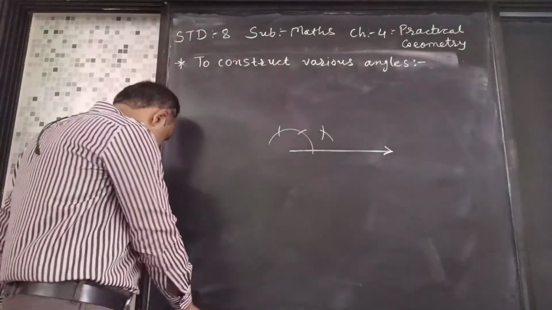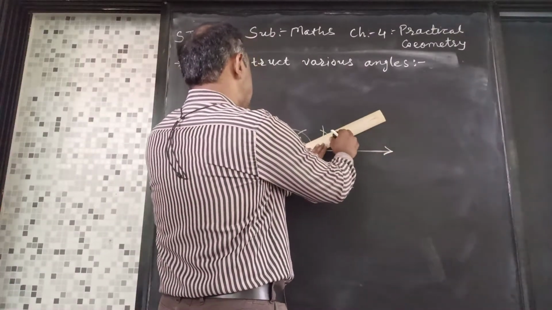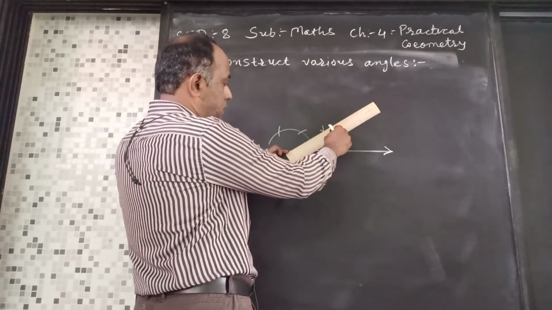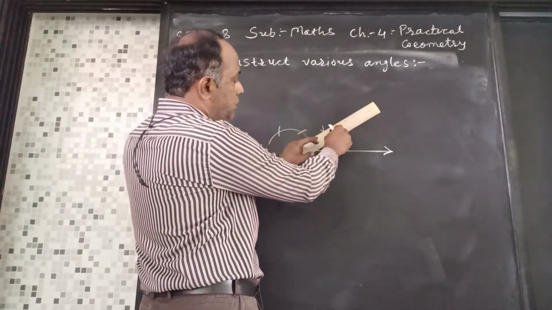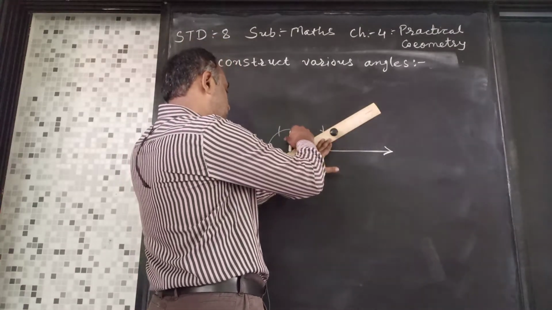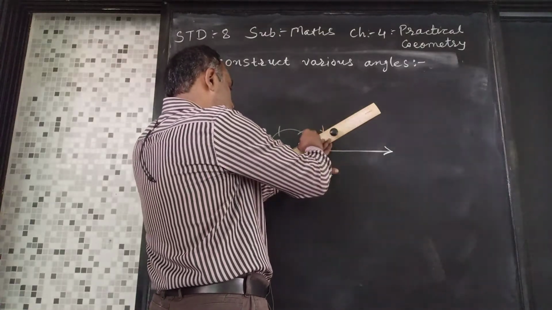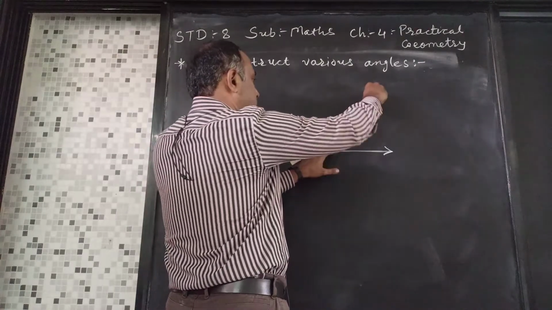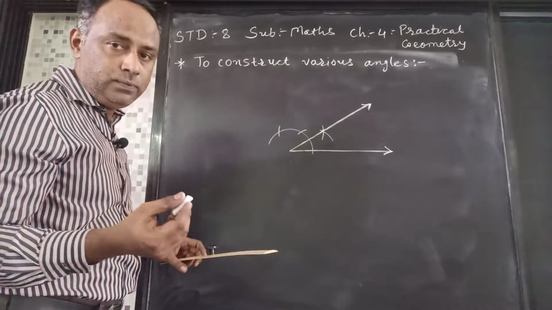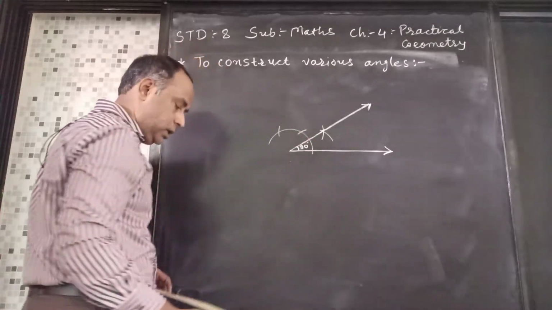So if it is done, then friends, you will be able to get, just place your scale well, and there you see this point should be visible to you. Even the intersecting point should also be visible to you, and with a sharp-nibbed pencil, just pass a ray through it. So your pencil must be sharpened well. Okay friends, so this will be the 30 degree angle. There you see it is a 30 degree angle.